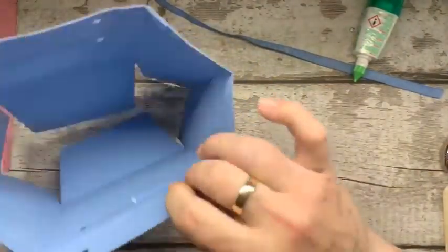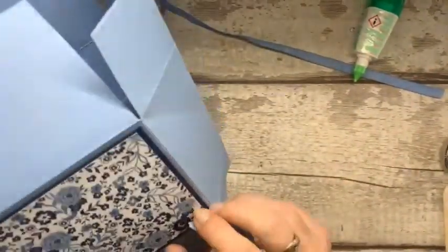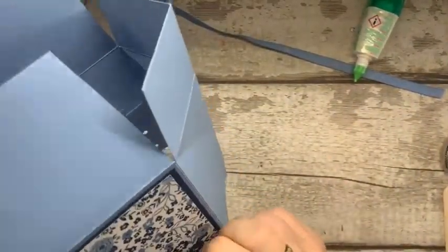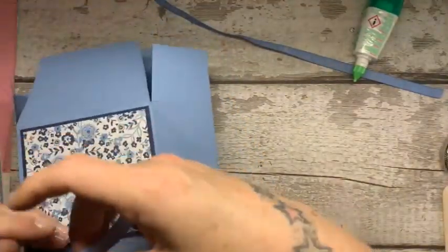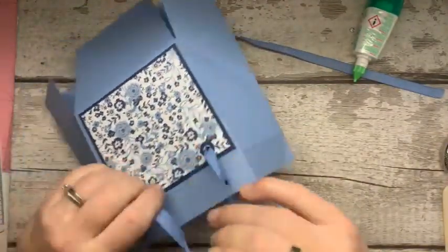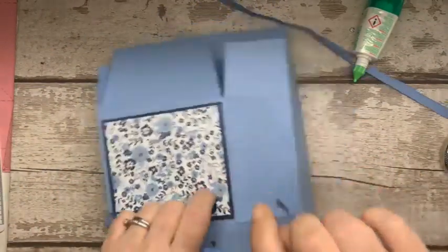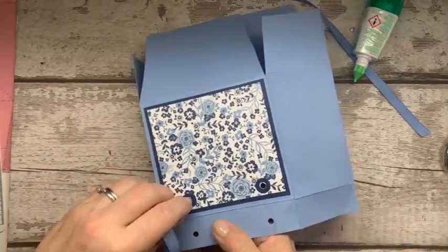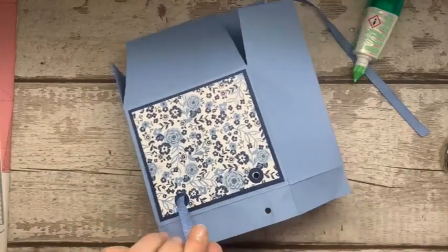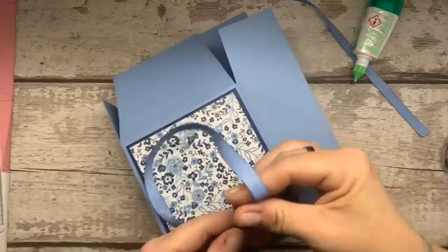Hi Kirsten, honey. Okay, now make sure it's not all twisted. So this bit is twisted. Naturally, you will get a wee twist because of the way that you're twisting it back on itself to stick it down. To reinforce it, you could